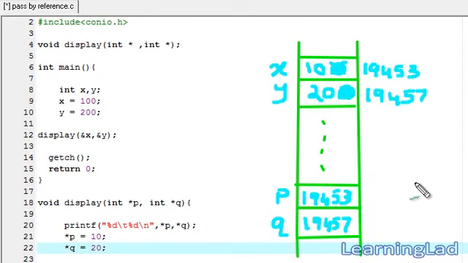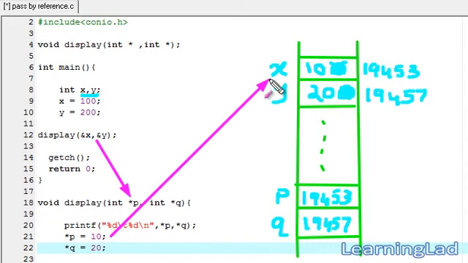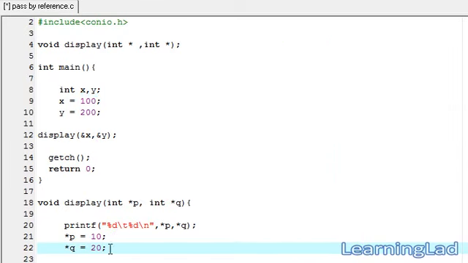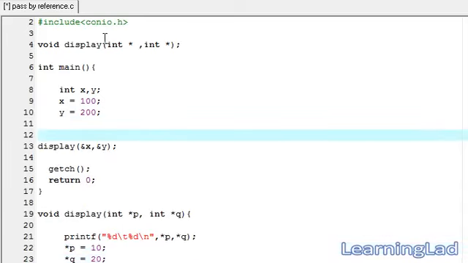So that's why, when we pass the address of variables to a function, we can change the values in those variables by using the addresses. As you can see here, the x and y values are changed. Now I'm going to close it, and now we're going to print the values in this main function. We're going to use a printf statement,